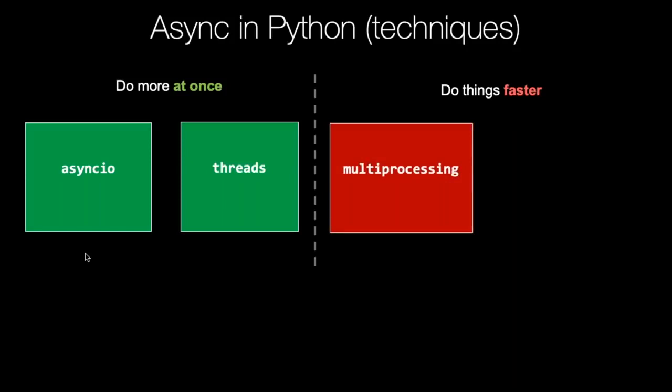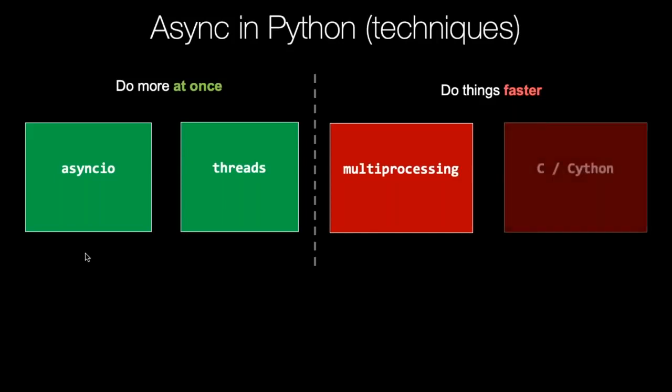On the do-things-faster side, because of the GIL, we can break this into multiple processes and work on it here. And it's faster in some sense, but it has a lot of overhead because you're spinning up a bunch of processes and doing IPC and all that kind of stuff. We could also use Cython, and that's a pretty interesting option. If you're not familiar with it, it's like Python, but it gets compiled to C code, which then gets compiled to machine instructions.